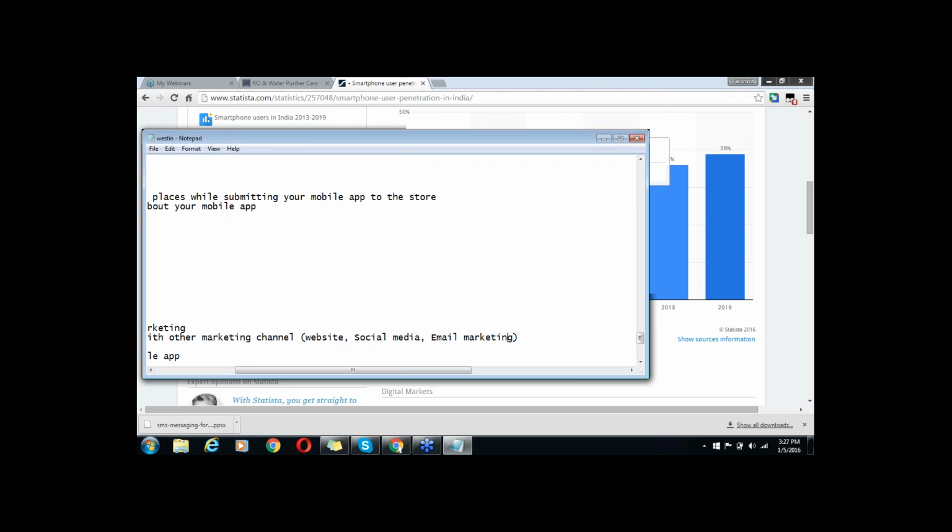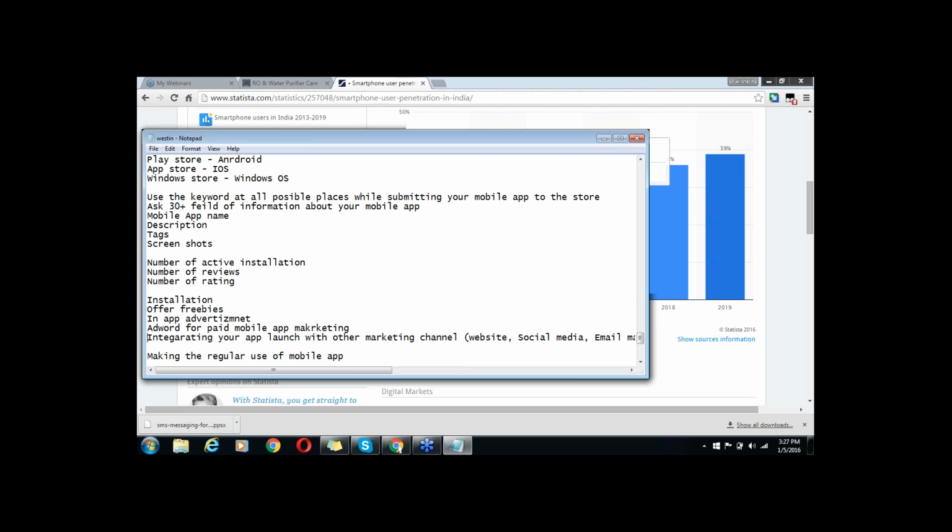So other marketing channels, even paid marketing and PPC, you can use to improve app installations. In whichever marketing channels you have, you can place the message that you are also present on the Play Store, your website is also present in the App Store, or your business is also present in Windows stores. So you can ask those existing users to use your app for a better experience, right?